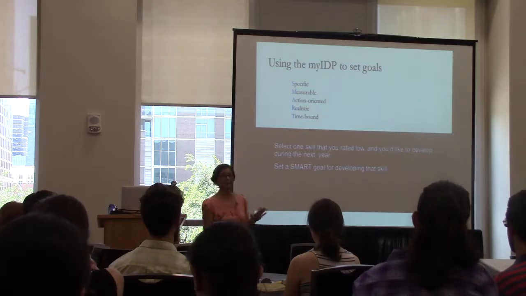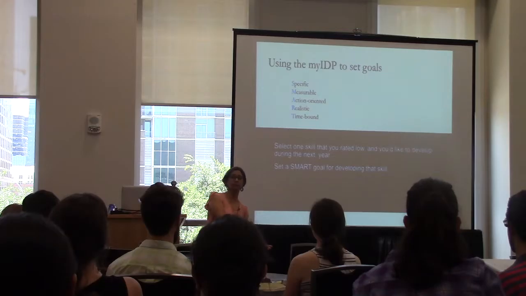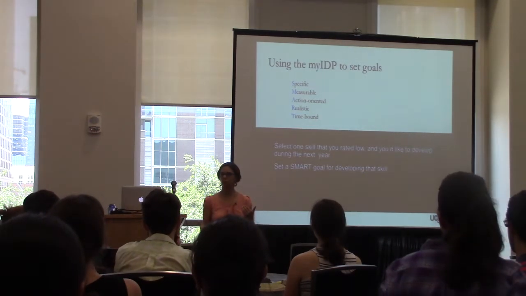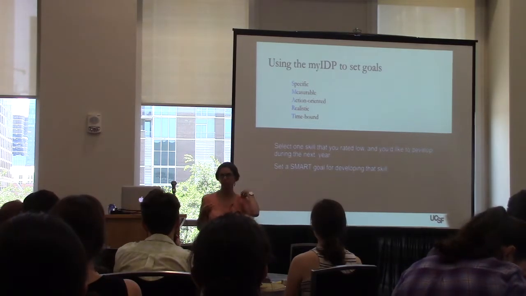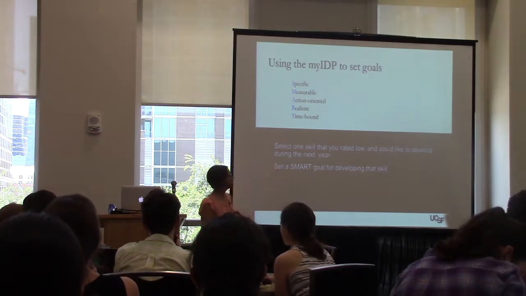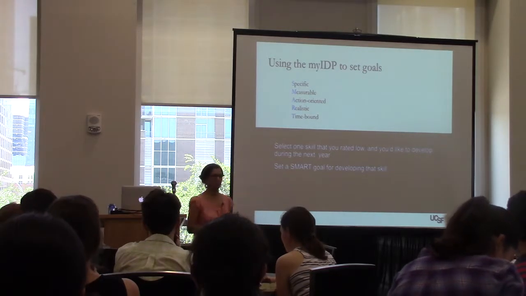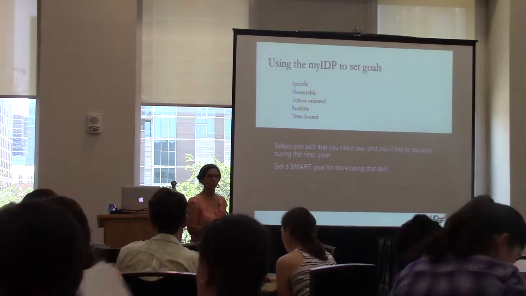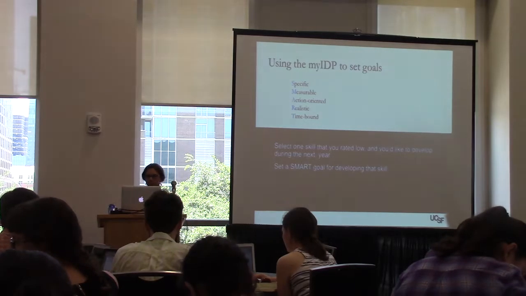So we're going to practice this. So you can do one of two things. Either take a skill that you ranked low on your myIDP that you want to develop, or you can just think of another goal that you have, another specific thing you want to accomplish. It could be in your lab, it could be in your degree, it could be at home. Something that you'd like to develop in the next year. Something you'd like to do in the next year. And set a SMART goal for developing that skill. So take a minute to write down your goal and how you're going to achieve it. And I'm actually going to